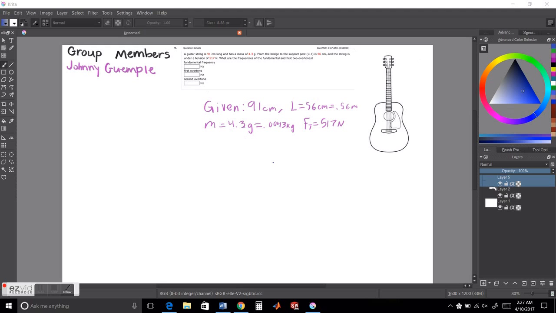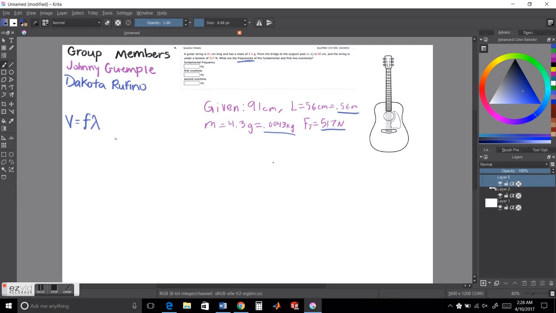Okay, now that we have all of our givens listed, we can analyze them and see which formulas we need to use to find the frequency. So I'm going to write my name so we know who is working at a given time. We have length is 0.56, we have the mass, and then we have force. Looking at the fact that we need frequency, the most basic formula it's in